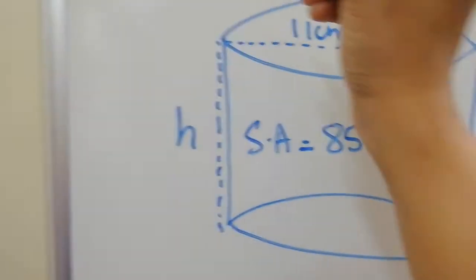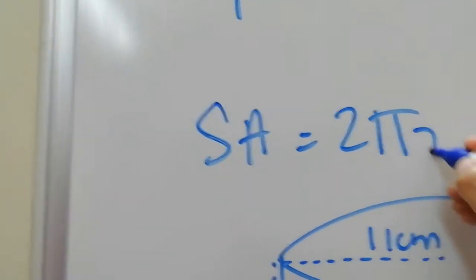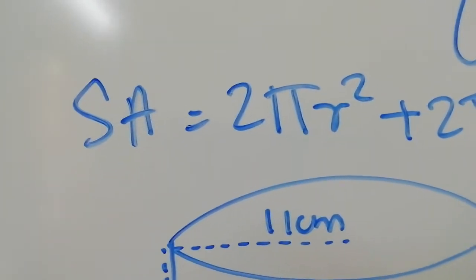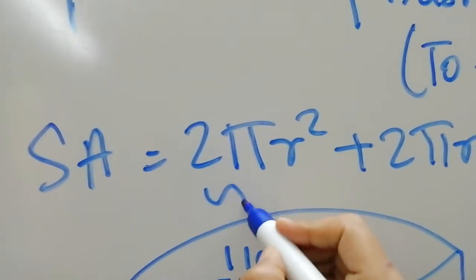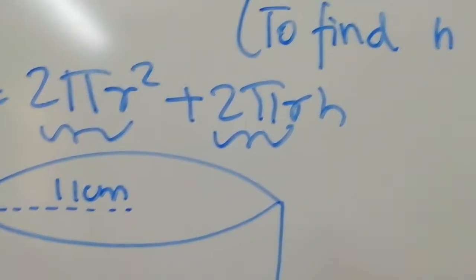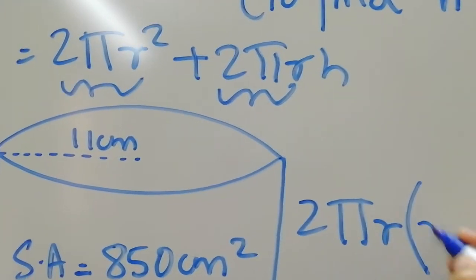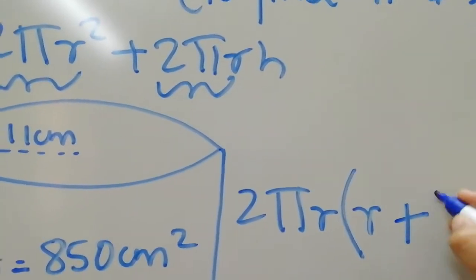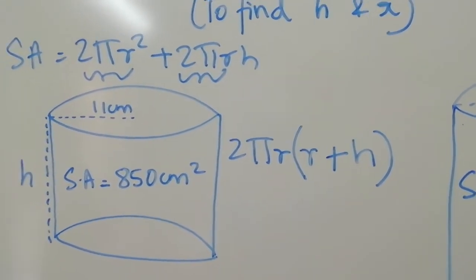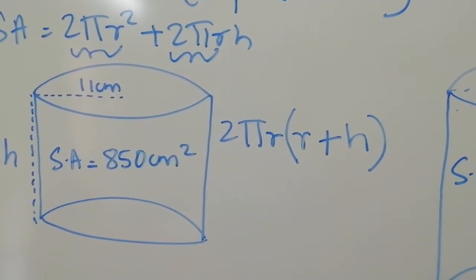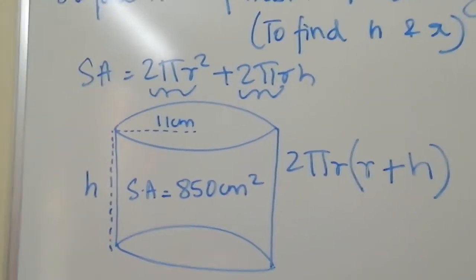We know the formula of surface area, right? We have learned the derivation of it. Surface area is 2 pi r square plus 2 pi r h. To simplify further, what will we do? This 2 pi r and this 2 pi r are common, right? We will take it out as common. From the first part I have r remaining, and from the other part I have h remaining. So my formula can be 2 pi r square plus 2 pi r h, or it can be 2 pi r in the bracket r plus h. It is much better to use this way to reduce your steps.